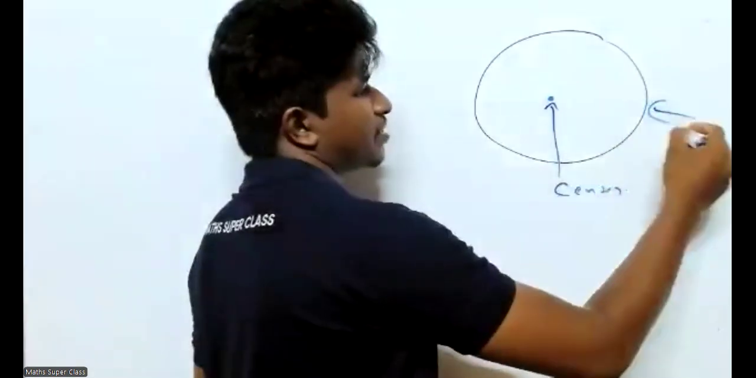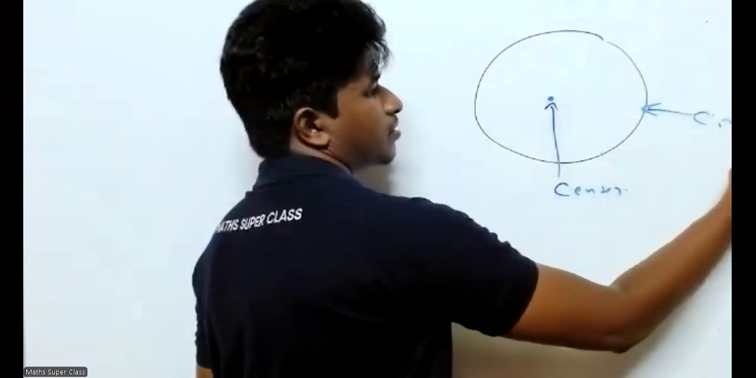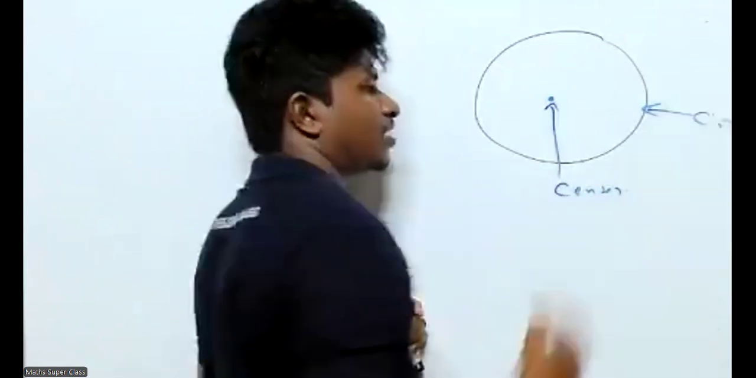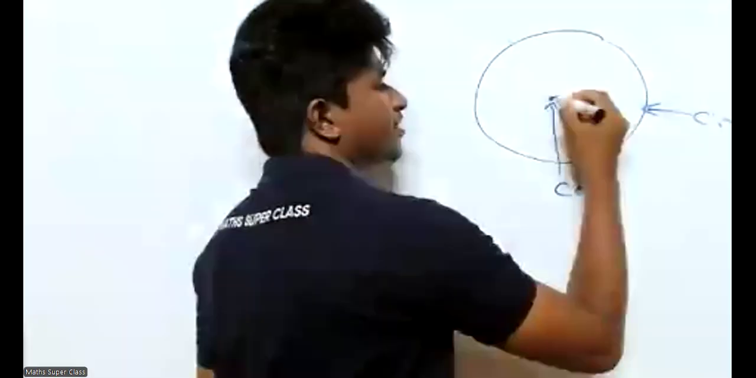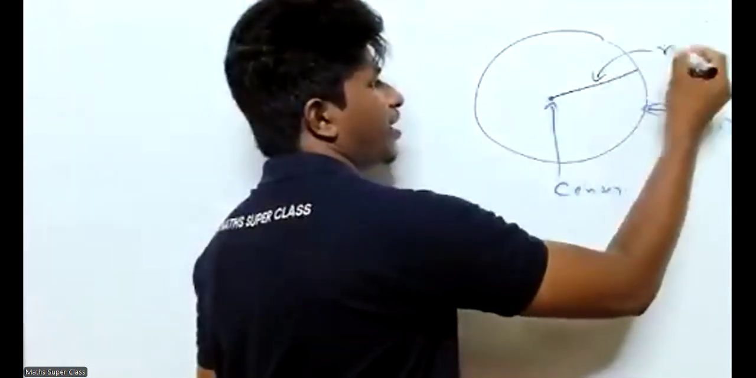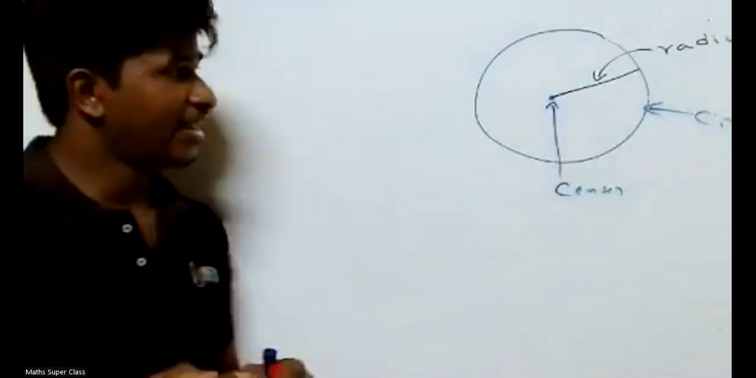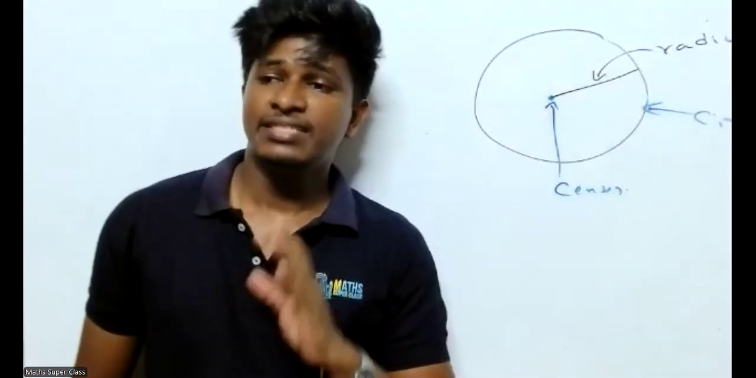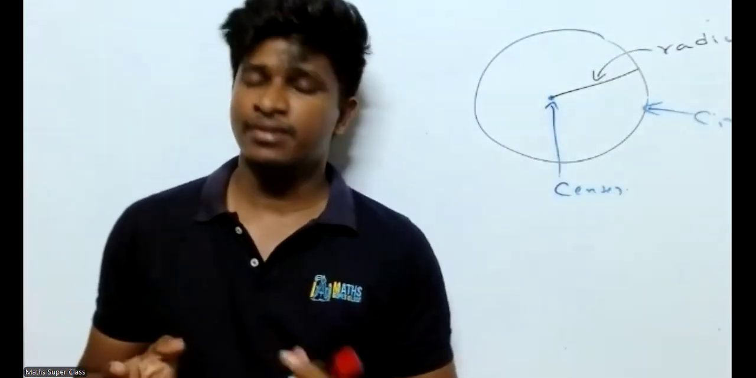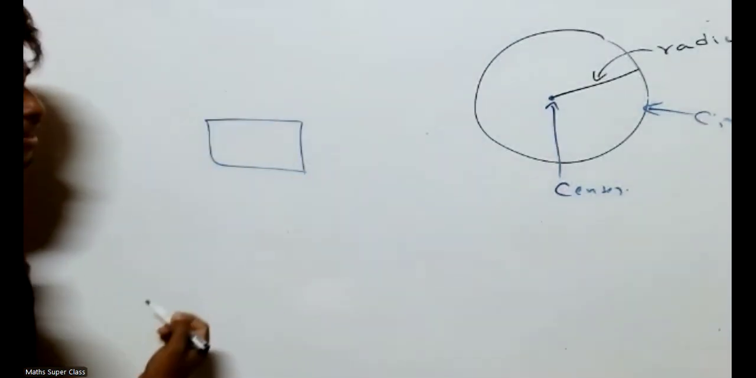This is the circumference. I give you this, and you have to learn this. This is the radius. Center, circumference, radius. Circumference means, like if we take this rectangle as an example,